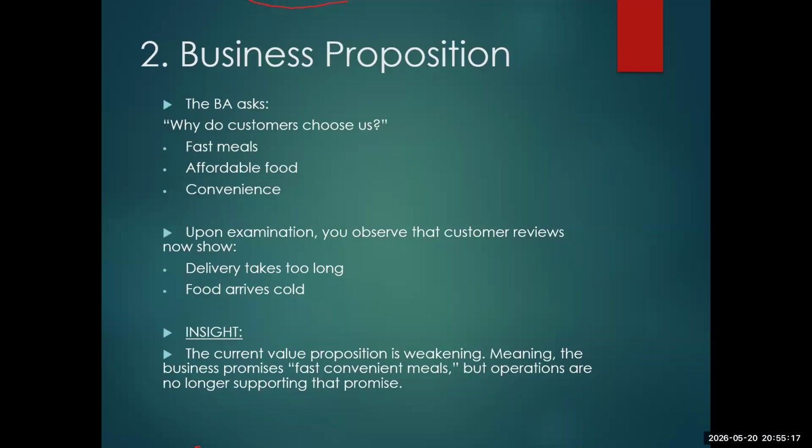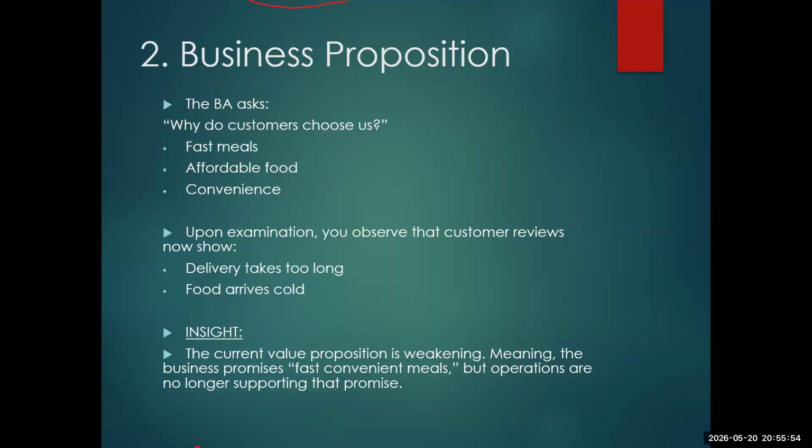Again, she can ask the question, why do customers choose you guys? I can see Chicken Republic here, I can see TSC, I can see KFC, Nando's, she has so many options. So why are they choosing you guys? And they answer her, oh, we have fast meals. Our food is very affordable. As a matter of fact, we're the most affordable in this vicinity. It's convenient. And she says, okay. She takes it down and decides, I am going to run an examination. For everything they tell you, you must be able to validate it. Like I said, don't take word of mouth and fly with it. Validate it.